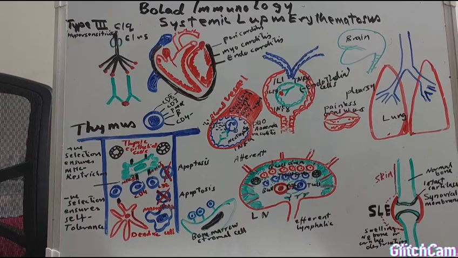The immunocompetent B cells expressing membrane IgM and IgD are generated in the bone marrow, and only 10% of potential B cells reach maturity and exit